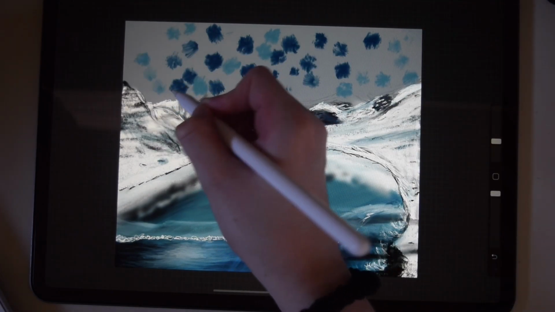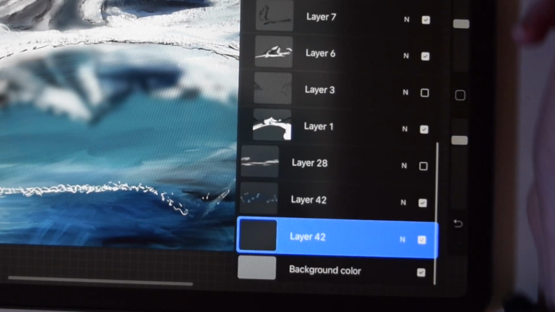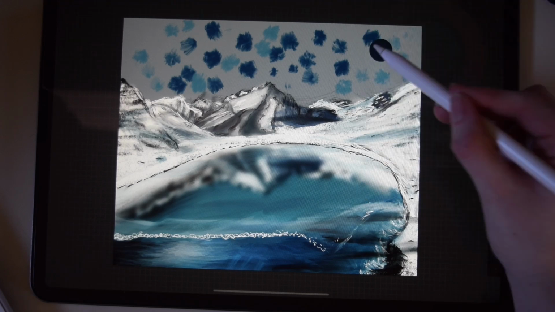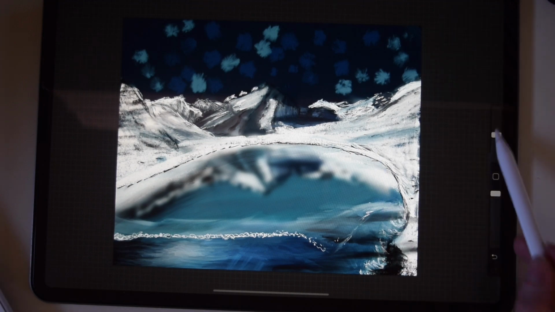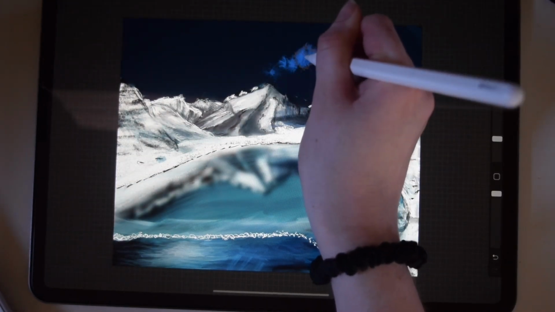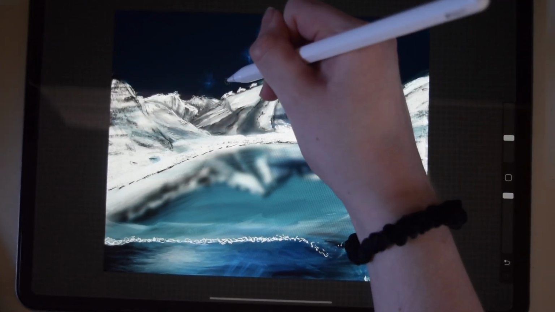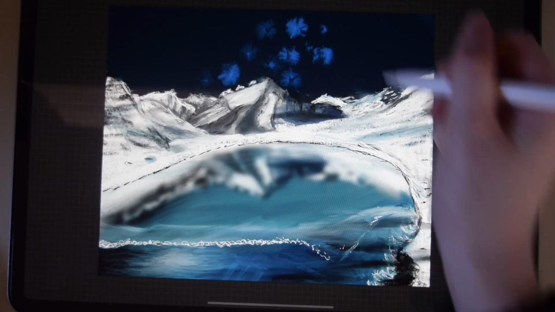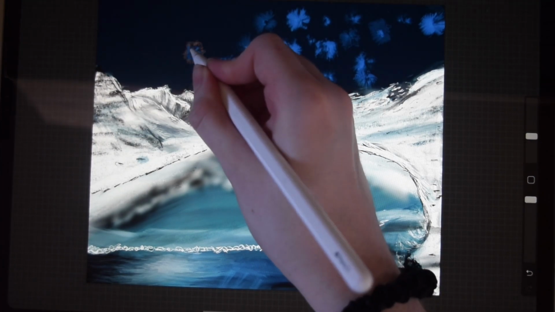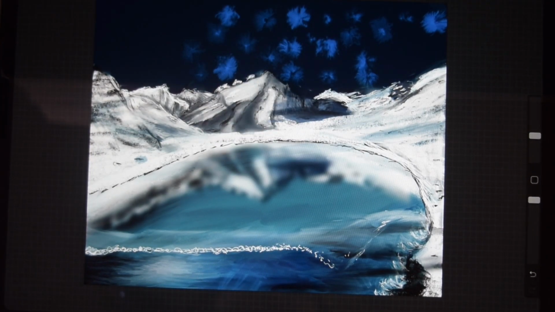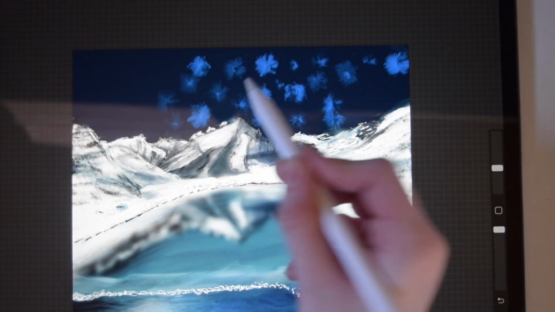How I do that is I use the oil paint brush and put pressure and then let go, and then put pressure and let go. Then I use the cloud brush to blend it, and to blend I tap on the screen more than going back and forth. Once you blend it, you keep adding in the same color as before, or different colors to make it pop in some areas.